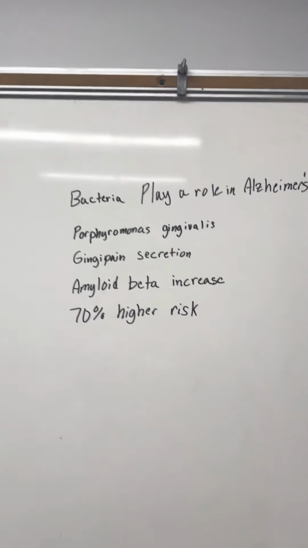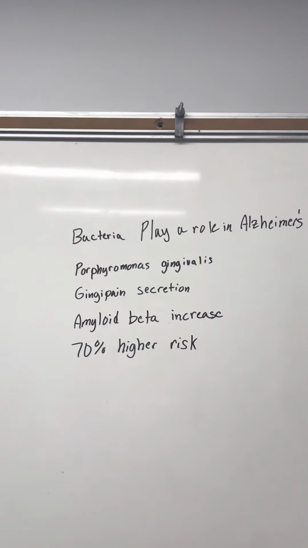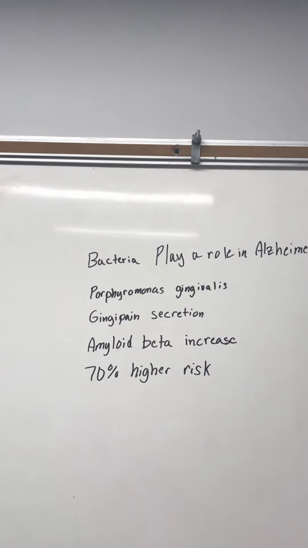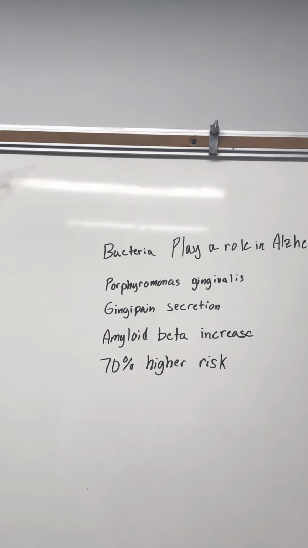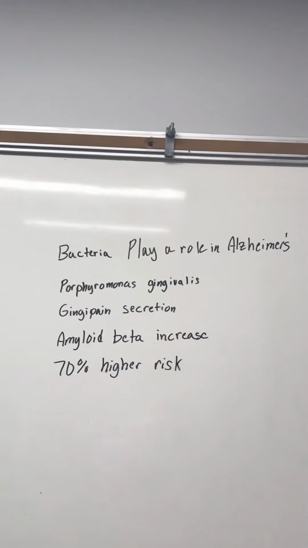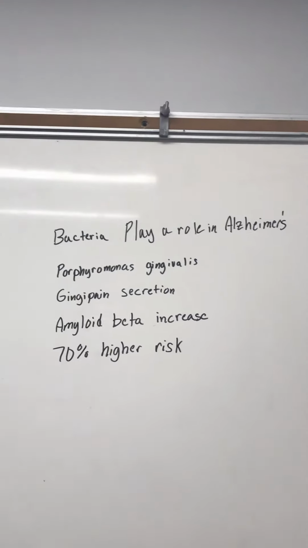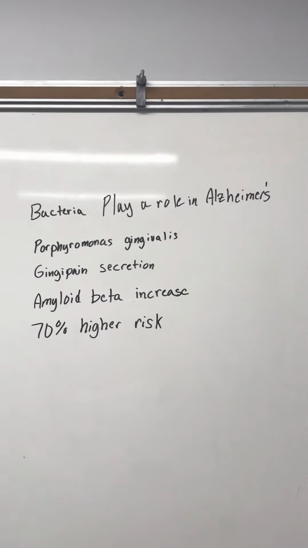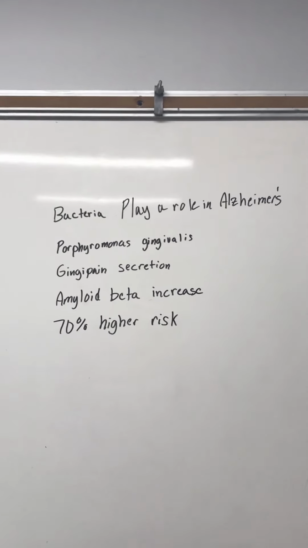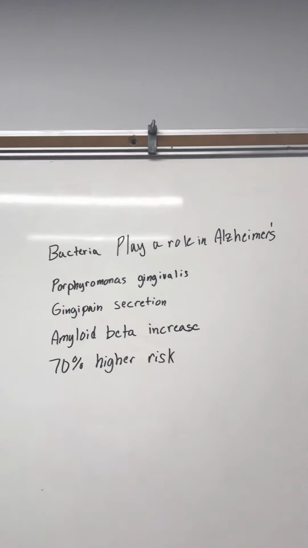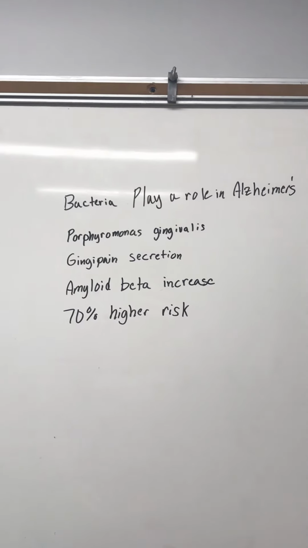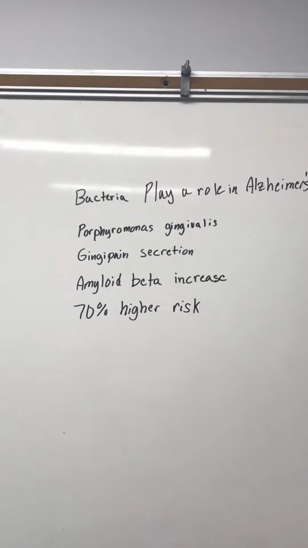And what it does is it secretes this gingipain toxin, and this gingipain toxin is what destroys connective tissue, the periodontal tissue that attaches your teeth to your gums, and it can cause pain all the way up to tooth loss. So that's what gingivitis does. But what they found is that this gingivalis, the bacteria, can somehow make its way up into the